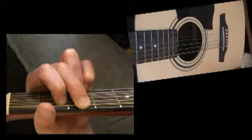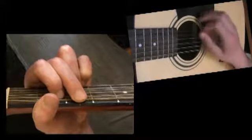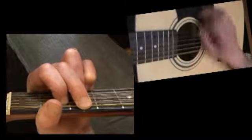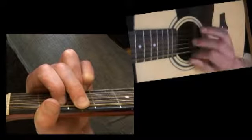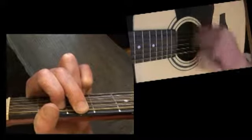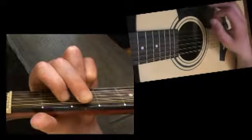Okay, you might want to pause the lesson and just have a go at practicing that at your own pace. So it's down, down, up, down, down, down, up, down, down. You're just on that down, so you're just hitting a couple of strings there, just to get into the rhythm of the song, the feel. Alright, and once you've mastered that